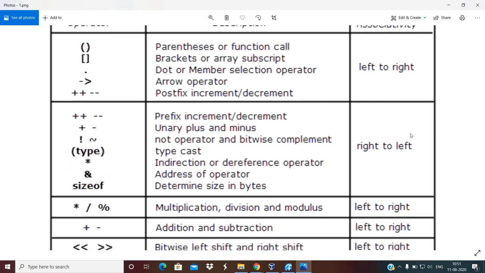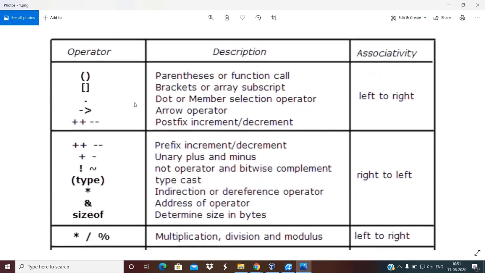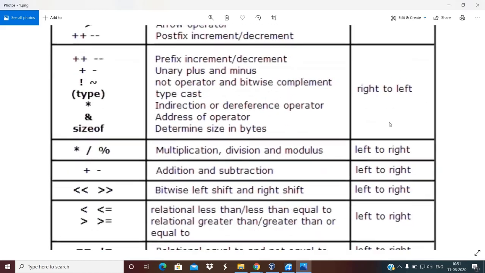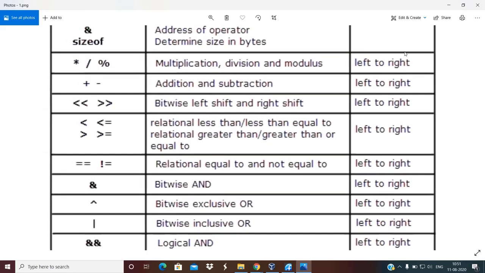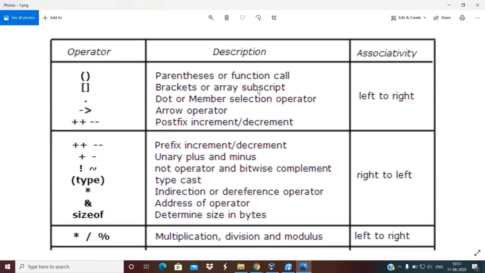The rest of the operators in C have associativity from left to right. To evaluate an expression properly, two things are very important: one is its priority and the second is its associativity. First priority is decided, followed by associativity.